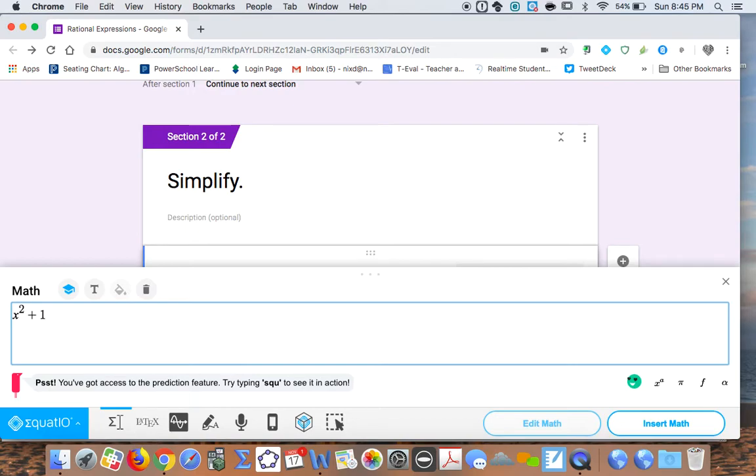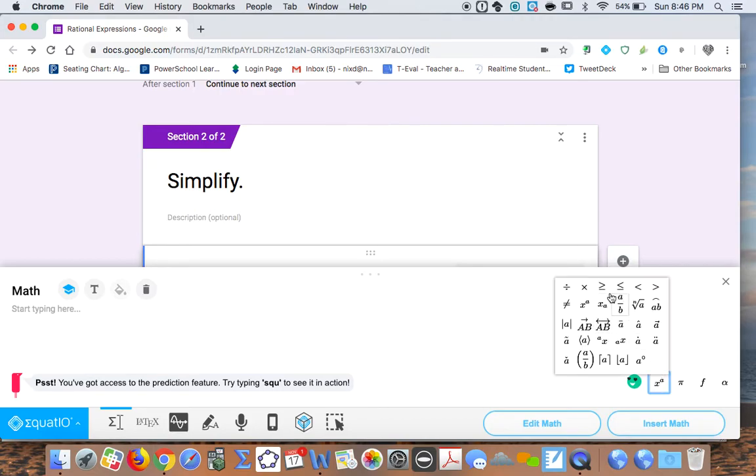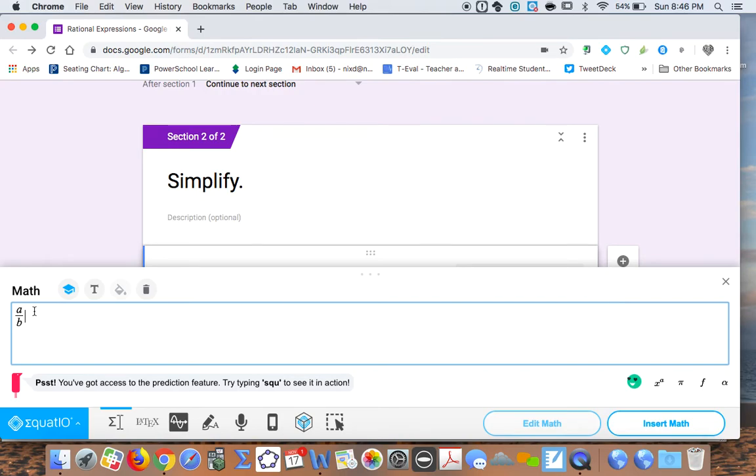But my guess is you might want to type in fractions or square root symbols or things like that. So let's say instead that we wanted to type in a fraction. I'm going to come over here to where you see the x to the power of a, and when you click on that, it's going to open up some math options for you. I'm going to click on the fraction, use my cursor, and we can type in, let's say, x squared plus 5x plus 6,